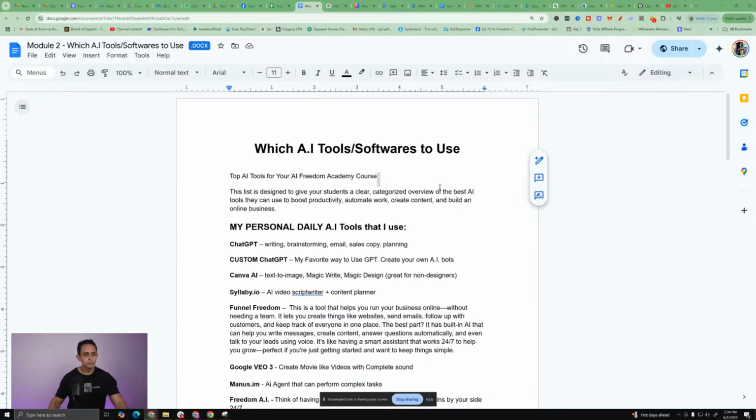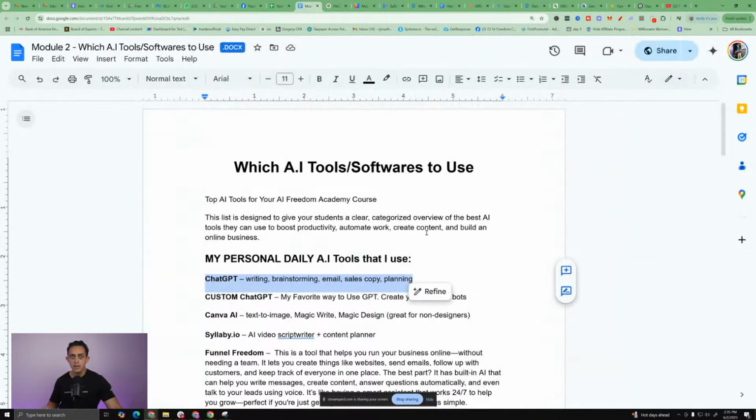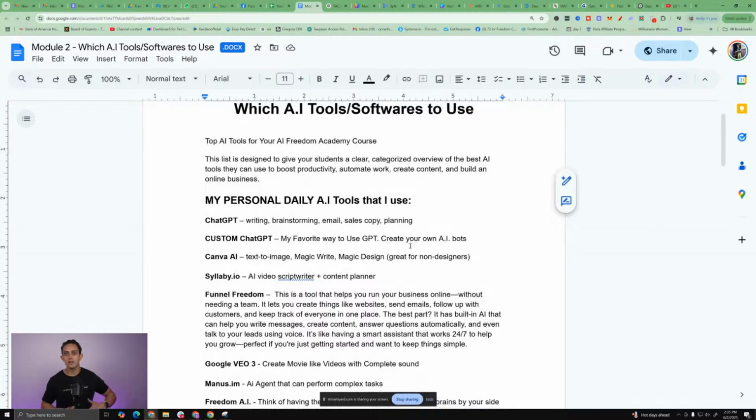Okay, so the first one is, I think most people are using ChatGPT, right? And later on I'm going to show you how to really use ChatGPT, that way you can take full advantage of how it works. I'm really going to dive deep in another training. But obviously ChatGPT is probably one of the main things that I use. The cool thing with ChatGPT is you can do a little bit of everything, right? You can ask it to write things or to create content. You could ask it to write emails or even create images now. So you can do a lot with ChatGPT.